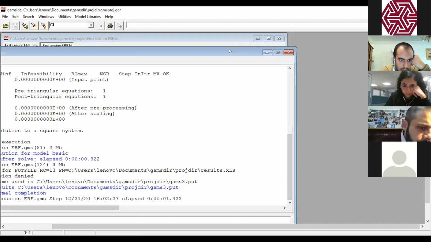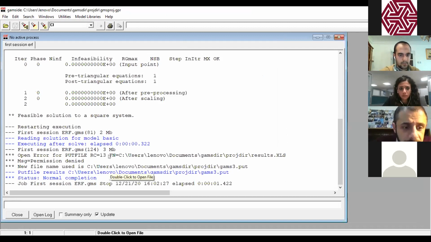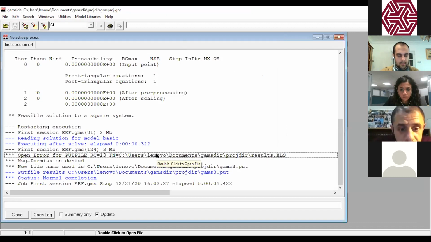No. There is a problem in the code of Excel itself, because as you can see here, please move to the left. Move the cursor to the left. As you can see here, open error for put file. So this means that GAMS is not able to open the file Excel, to generate the file and open it. So because if you click on this link, so Muhammad is saying that this is an admin privileges.